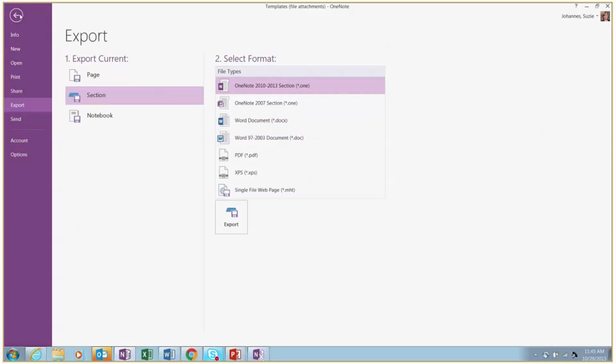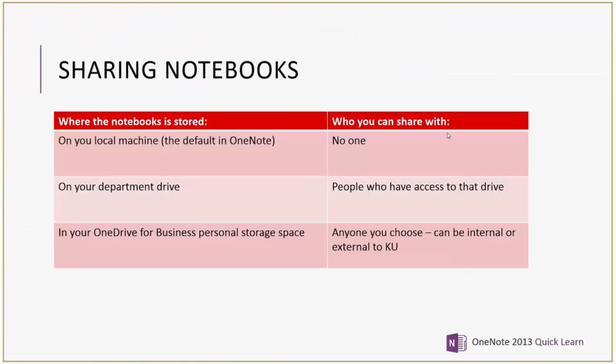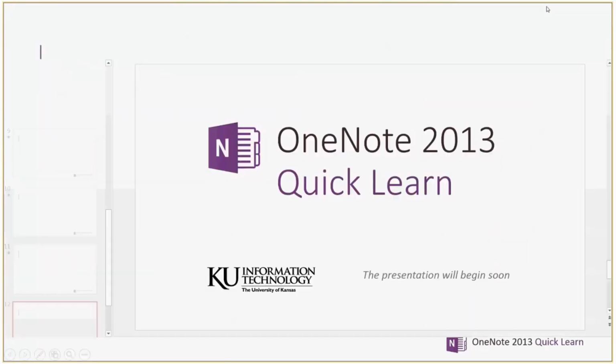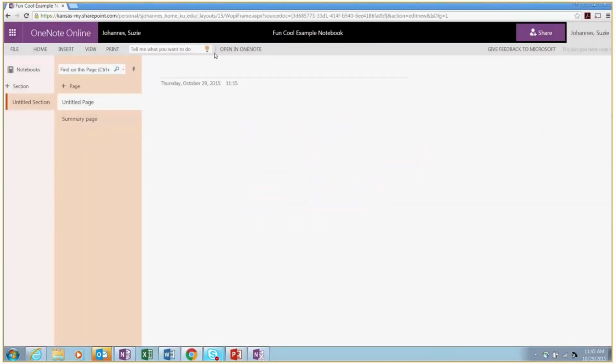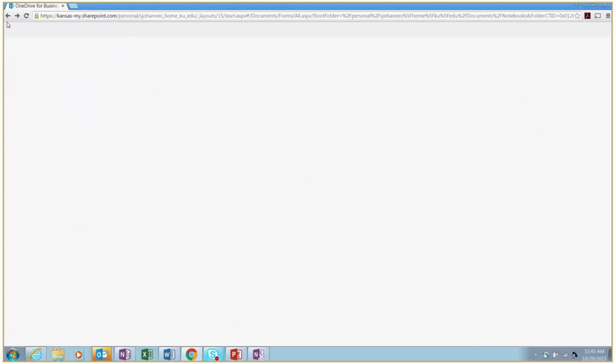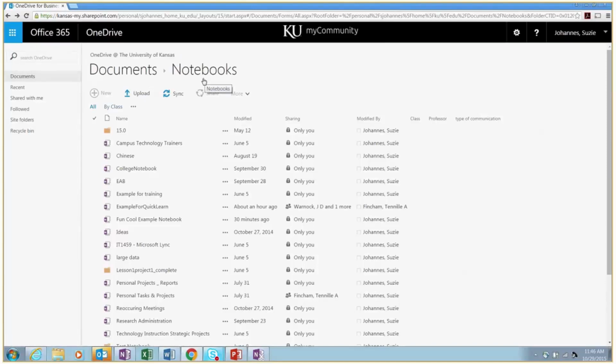Okay, so I want to show you that again about creating those notebooks in OneDrive. If you already have access to OneDrive, like I mentioned, it's all available through my community, and what I like to show people is starting from OneDrive so that you know that's where your notebook is.